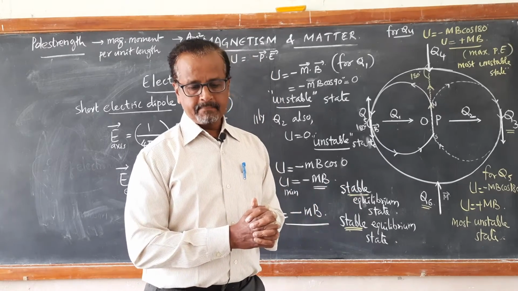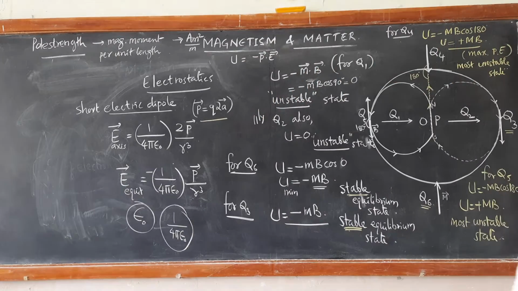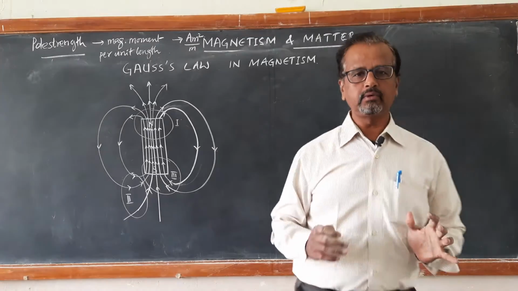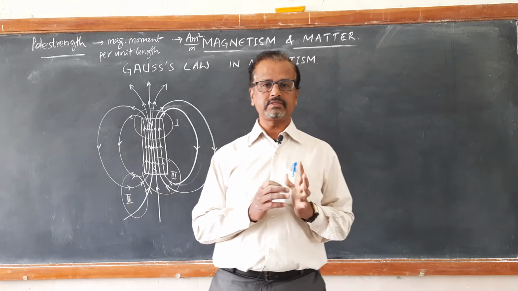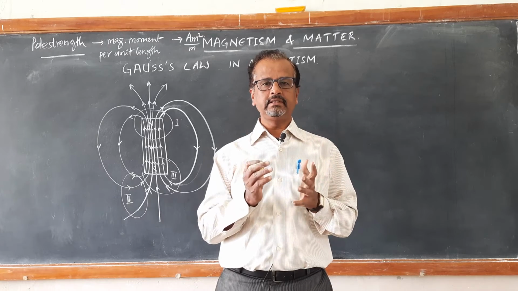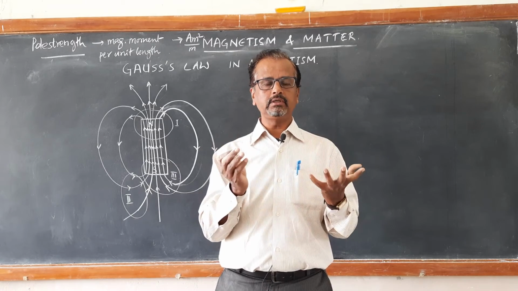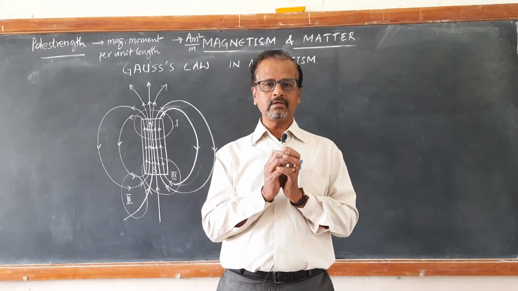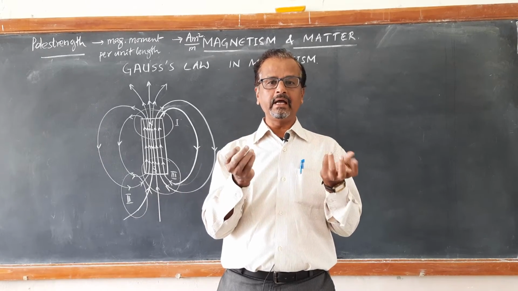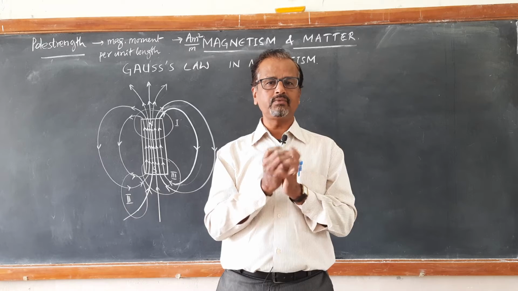Okay, that's fine. Now next we are going to discuss Gauss law in magnetism. We have learnt about Gauss law in electrostatics. There we studied that the total outward normal flux through an enclosing surface is equal to 1 by epsilon naught times the charge enclosed by it. So there we got either positive flux or negative flux or zero flux. If there is any closed surface which does not include any charge inside it, then the flux around that closed surface is 0. This is what we have already studied.